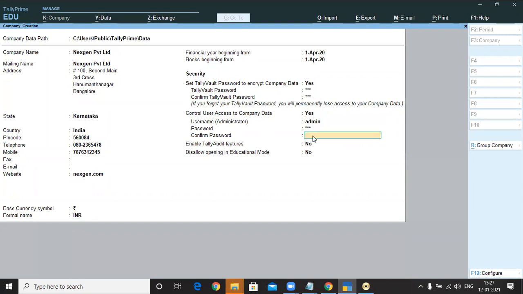Press Enter, and you can notice the warning message about forgetting your Tally Vault password and rendering your data inaccessible. Press Enter, and notice only one currency is created. Accept. While creating, it asks once again for the Tally Vault password. Enter Tally Vault password.